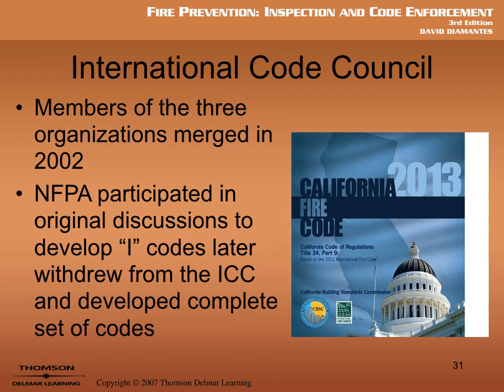And you can see a more recent version, the 2013 California Fire Code here, California Code of Regulations, Title 24, Part 9. That's our fire code for the state of California. Not the State Fire Marshal Code, that's different. That's Title 19. So the NFPA, now, because we don't buy their building code and fire code, are they just out of the picture for us? No. We use them for standards, and we'll talk about that in a second.